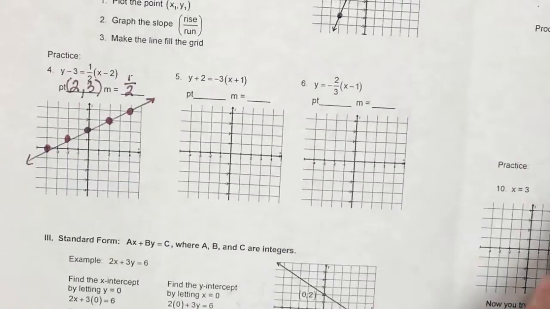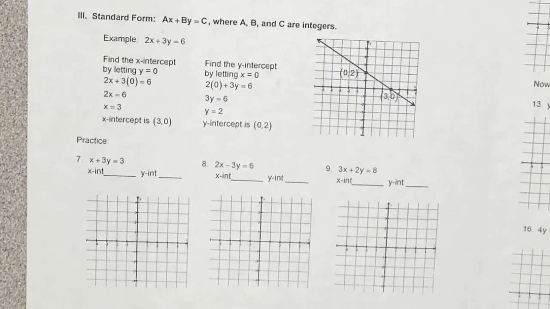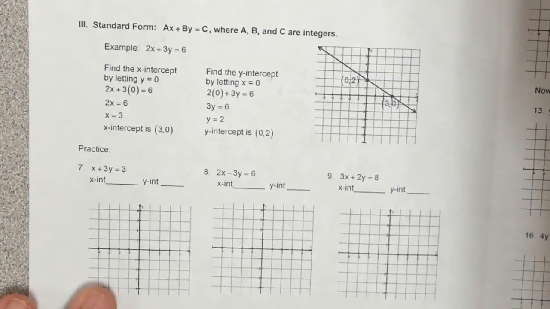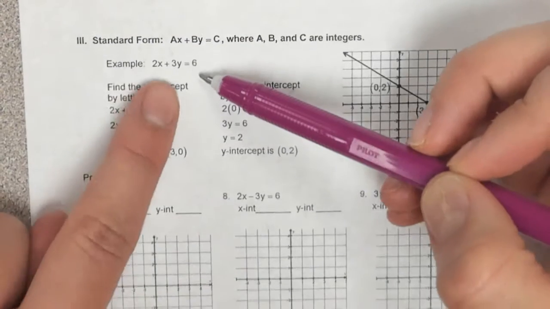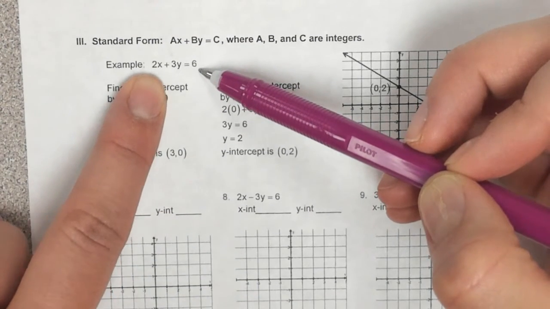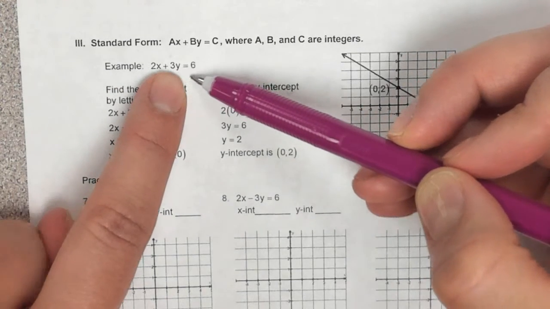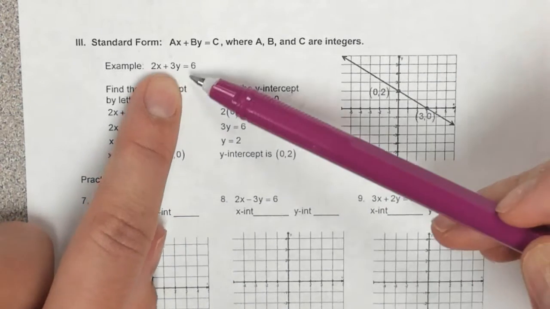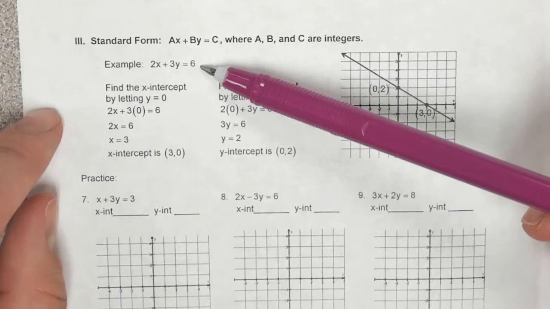Okay, one more form. Standard form. The pretty form that doesn't really give us a whole lot of information until now. So when you were in Algebra 1, and everybody was in that class at some point and took the STAR test, right? And the STAR test was littered with equations that looked like this, right? And your teacher probably made you rewrite this so that it looked like slope-intercept, y equals, so you could put it in the calculator, right? Maybe, remember? Okay, and that totally works, but there's an easier way to graph something like this by using intercepts,